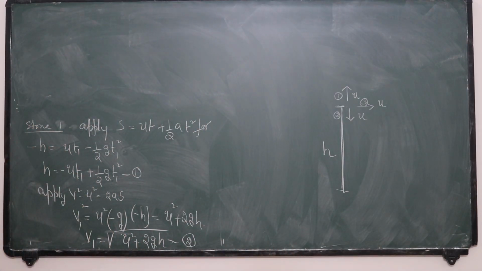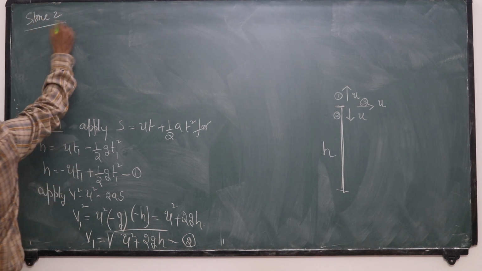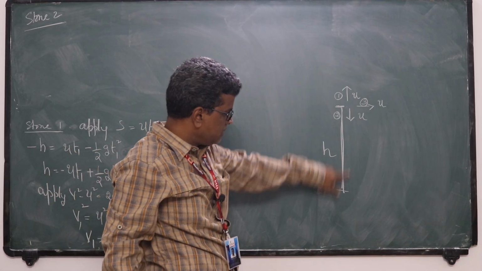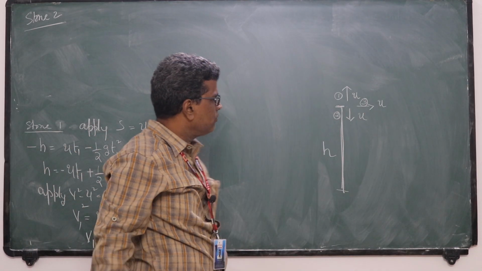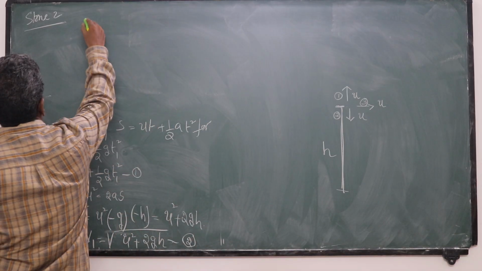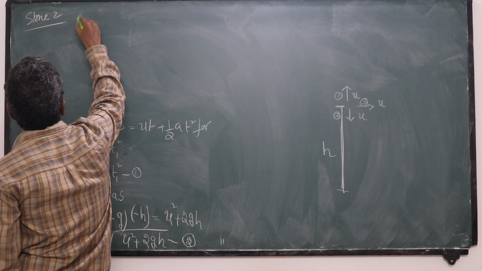This is for stone 1. Stone 2, that is for object 2. What is object 2? It is projected vertically down with initial velocity u. So how much time will it take? Time is, you apply